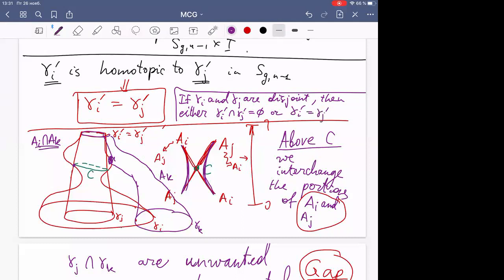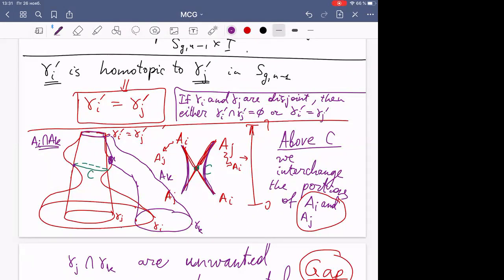It is not hard, but the hard part is that we would like the same for annuli, almost the same: if gamma I and gamma J are disjoint, then in the first case, we would like that the whole annuli are disjoint. In the second case, we would like that the annuli are disjoint up to the last moment. In the last moment, they of course intersect since the curves are the same. So we would like to delete all other intersections